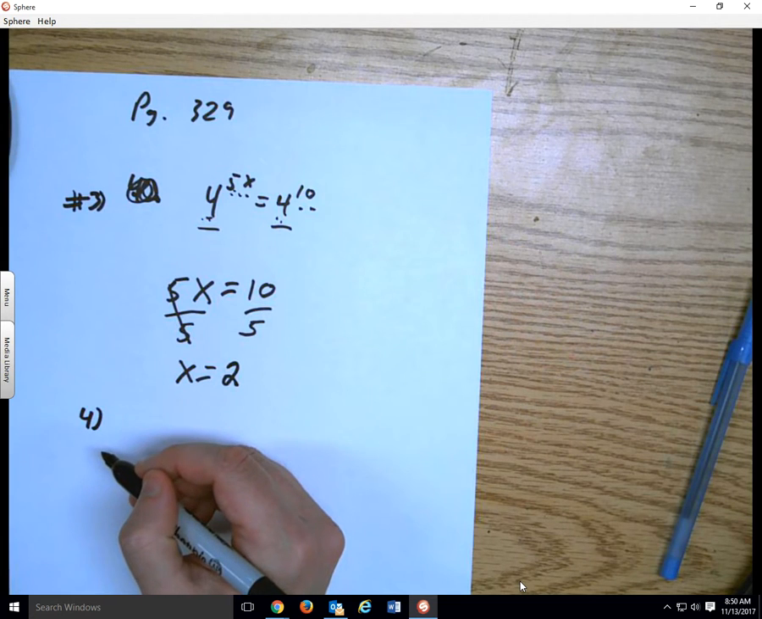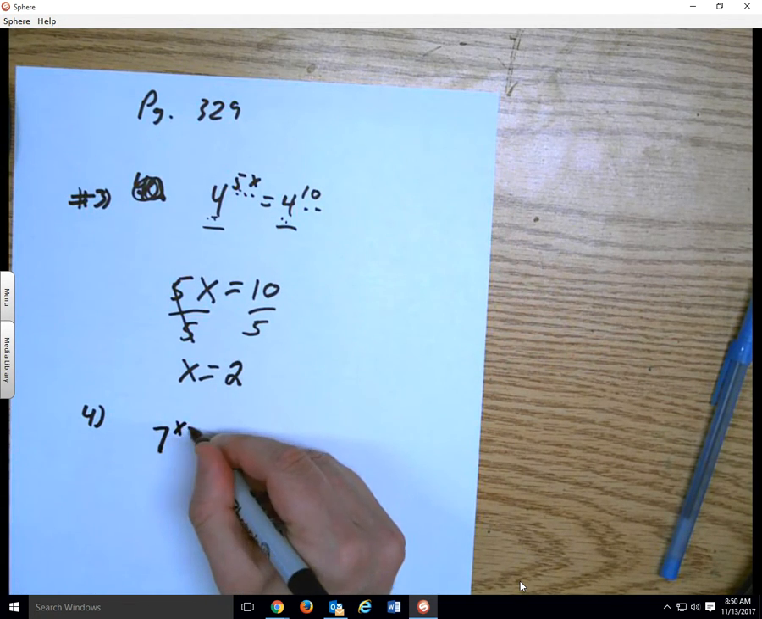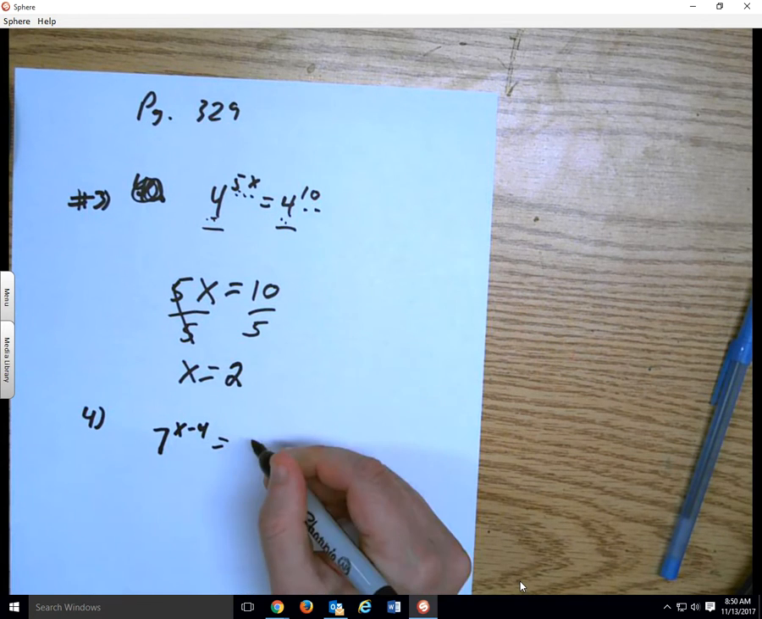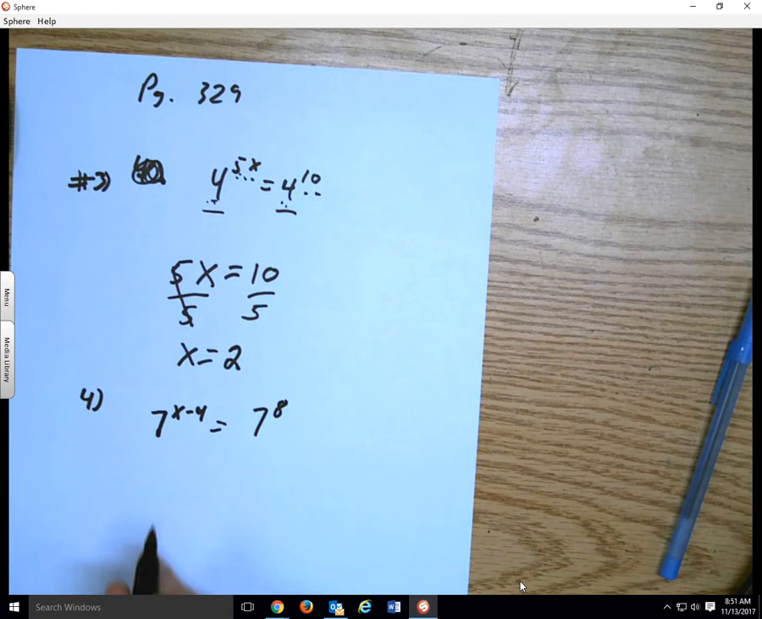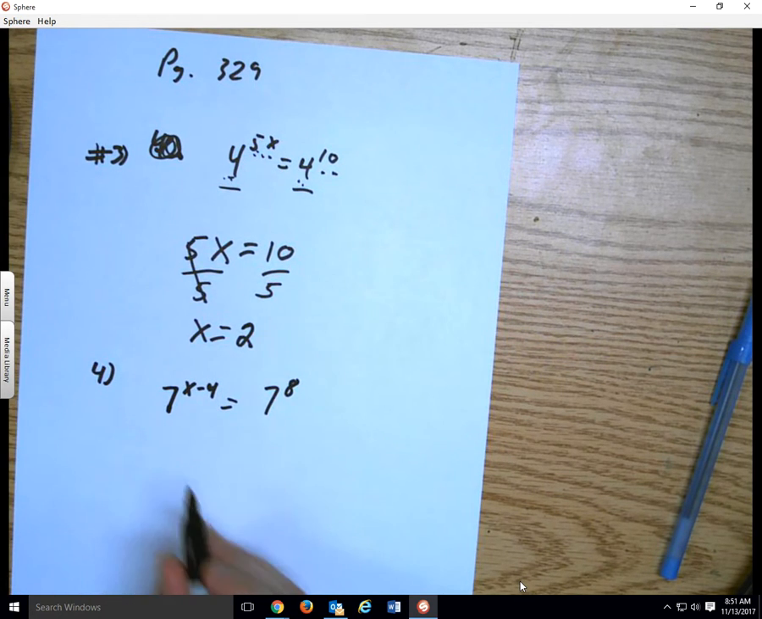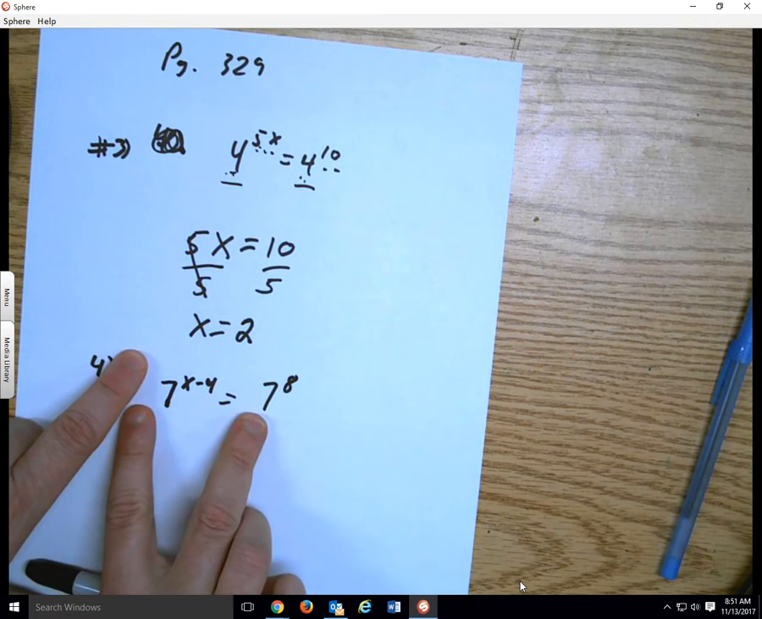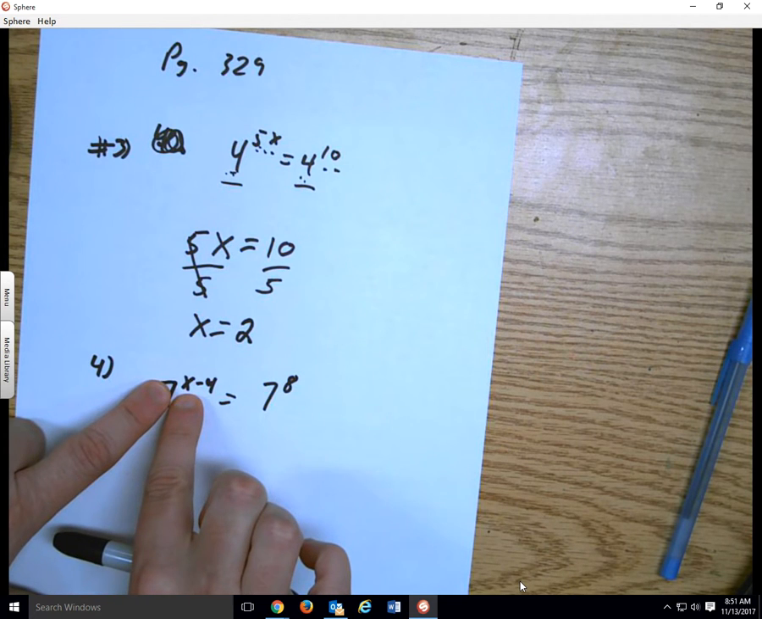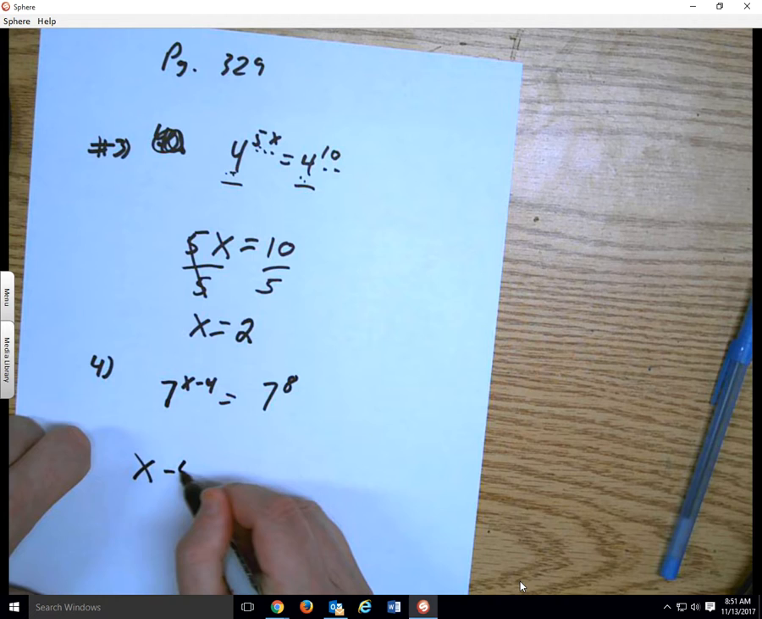You're next. So if this was the question, what would you set equal to each other if that were the question? That's what you would get rid of pretty much, the 7's, right? Because see how the 7's are the same base? So what's remaining would be the x minus, and that would equal,